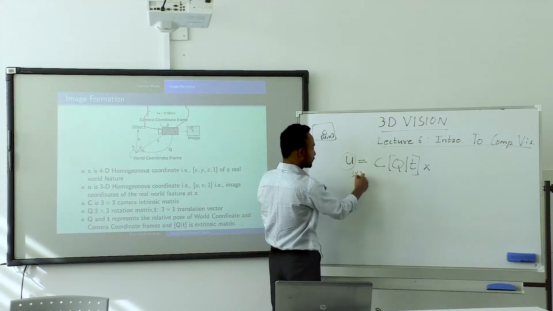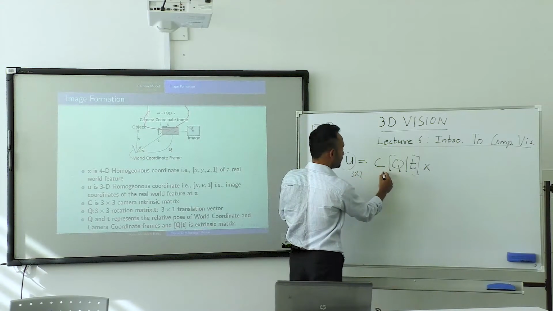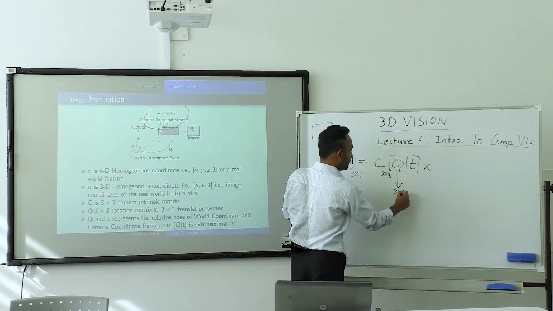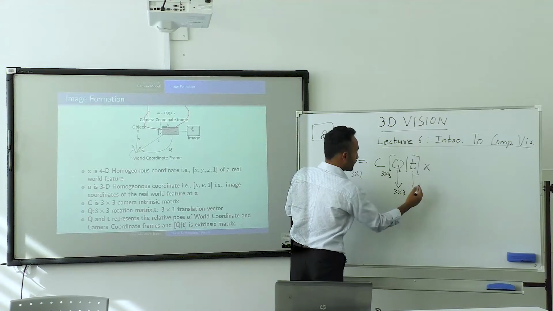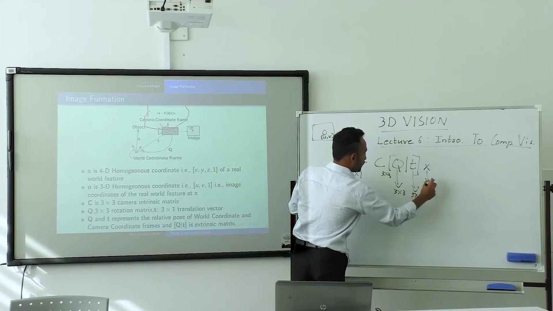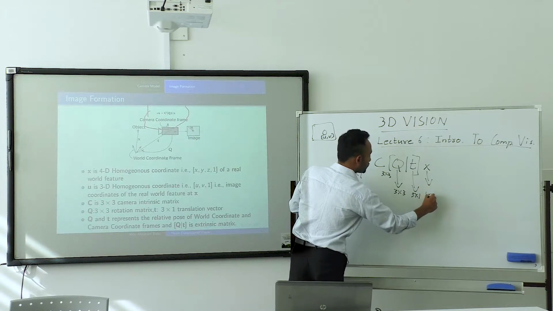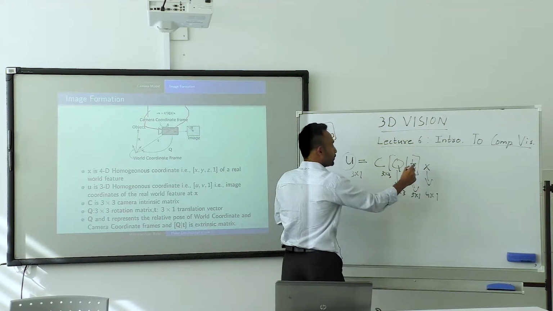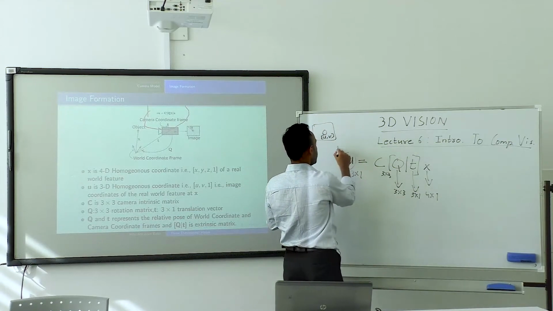So this will be 3 cross 1. This matrix will be 3 cross 3. This is a rotation matrix. So this will be 3 cross 3. And this will be a translation vector. This will be 3 cross 1. And this vector will be a 4 cross 1 vector. So you have image information here